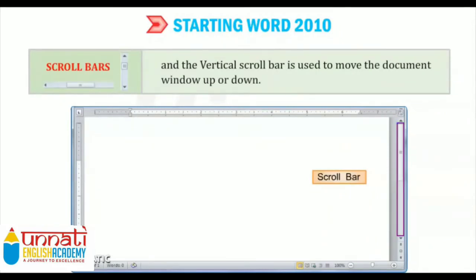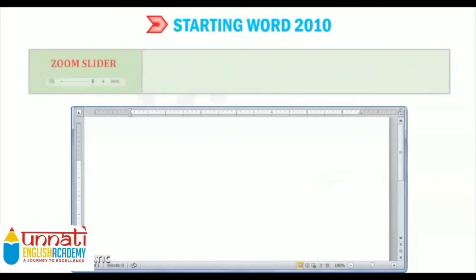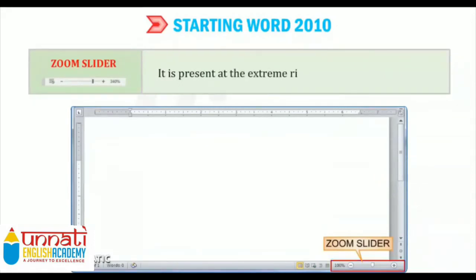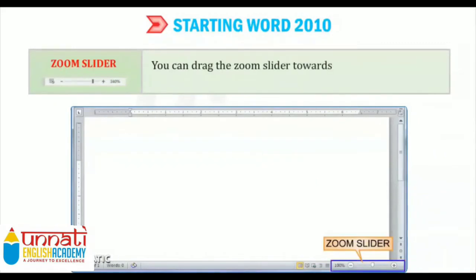So remember, horizontal left and right and vertical up and down. The next is zoom slider. It is present at the extreme right corner of the status bar. You can drag the zoom slider towards right or left to enlarge or reduce the size of the Word document.